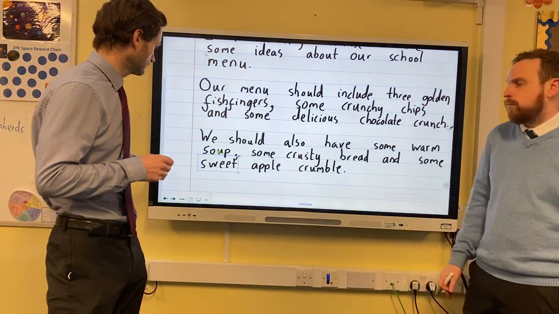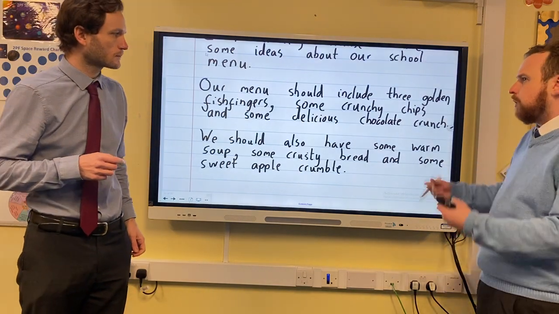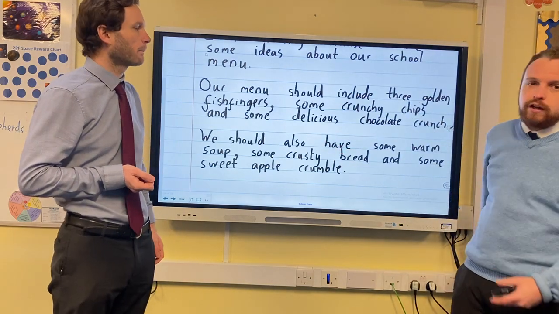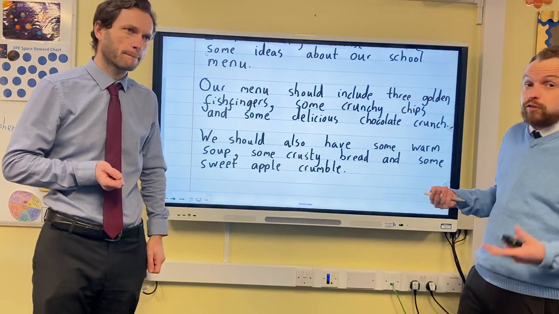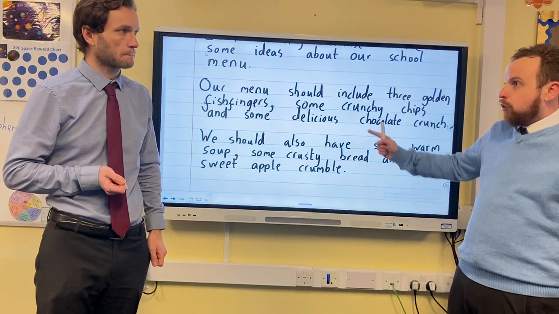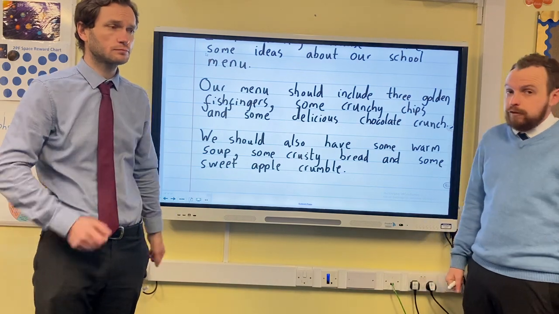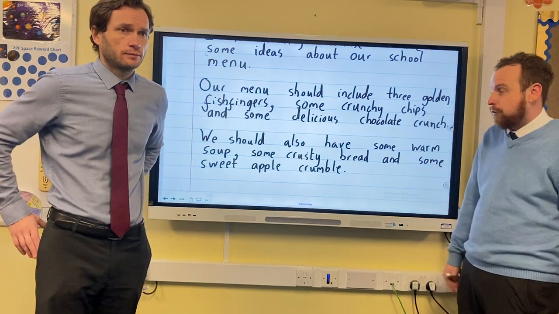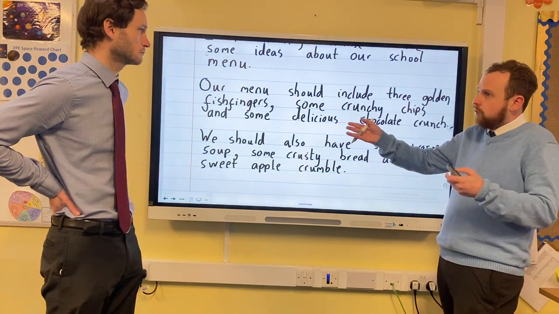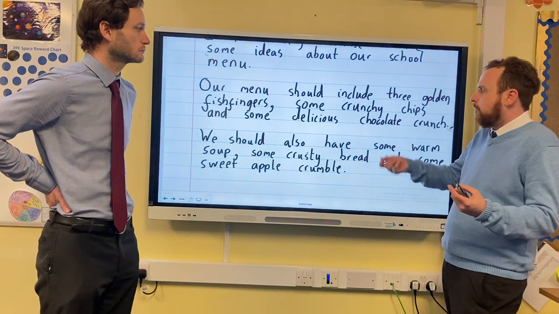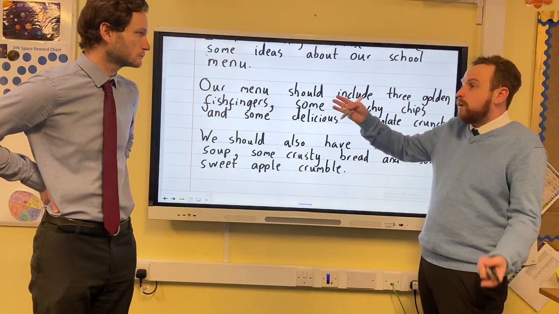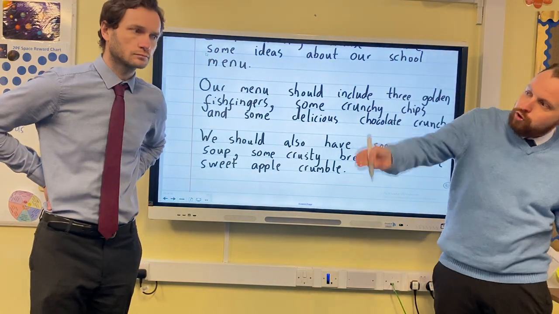Okay, and we could keep going with this, couldn't we, Mr. Fenn? We could keep coming up with loads of ideas for different days, some main courses and desserts. You can do as many days as you want. If you look at the school menu, we have different foods every single day on a 3-week rota, so there are in fact 15 different combinations of food. Hopefully you get the idea now. You're using sentence starters, putting in expanded noun phrases, the food, and because we're listing them, we need to use commas.